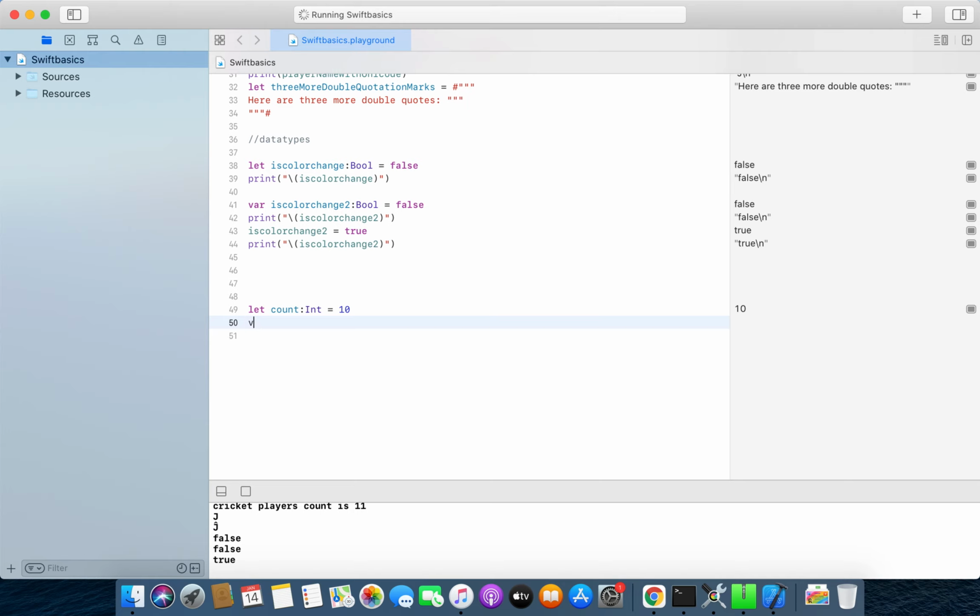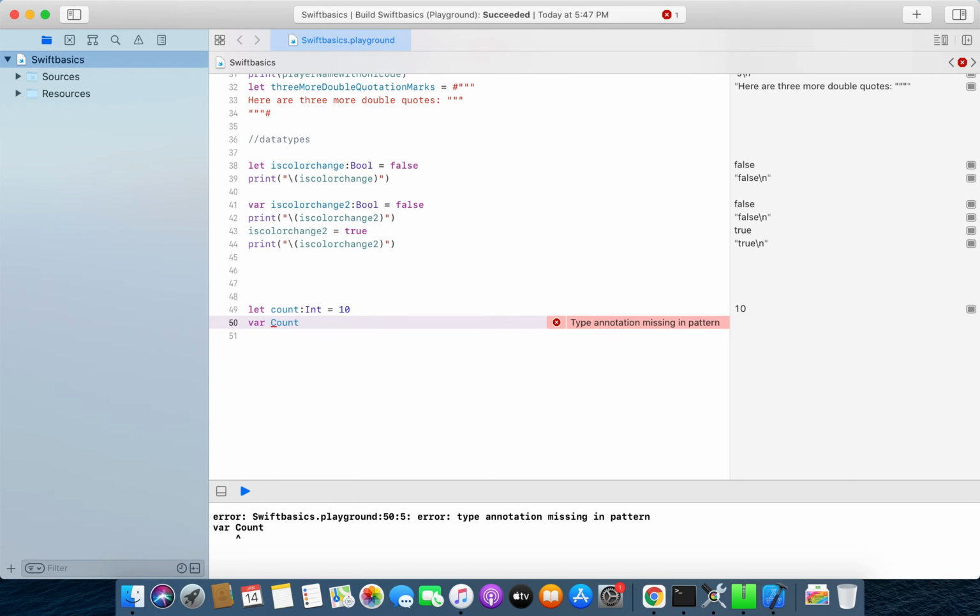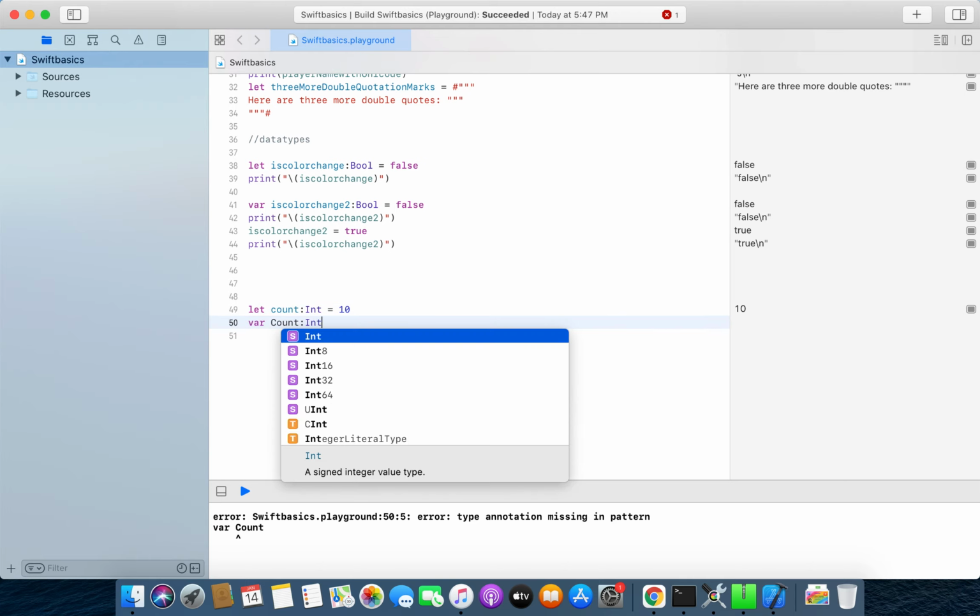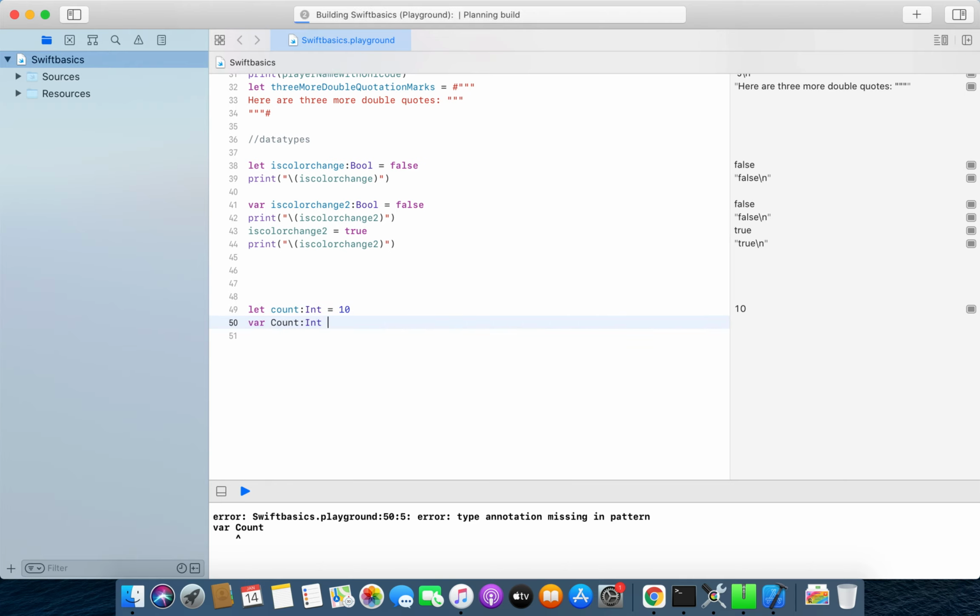Let me create a variable with an integer data type. I cannot name this variable count because count is already taken, but if you use Count with a capital C, you can use this, because Swift is a case sensitive language.